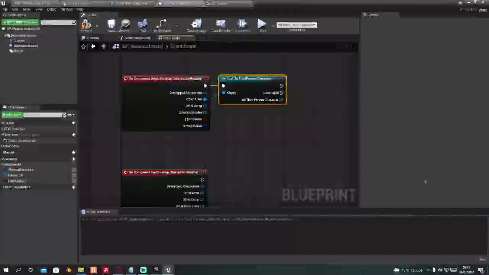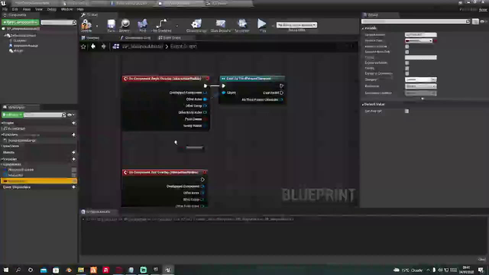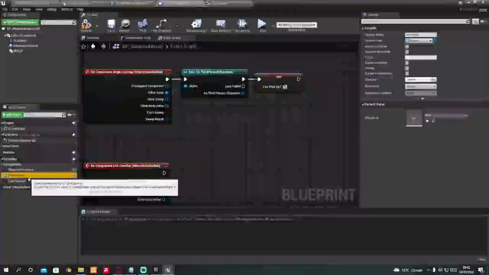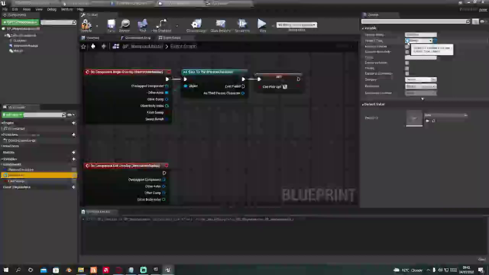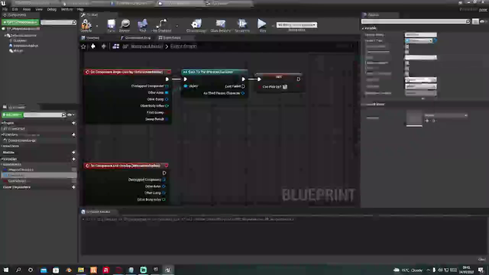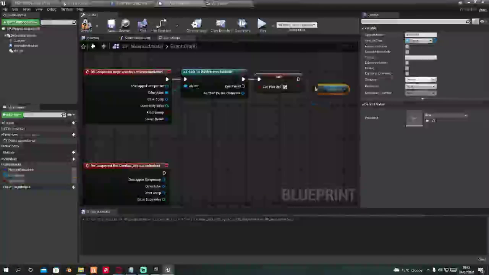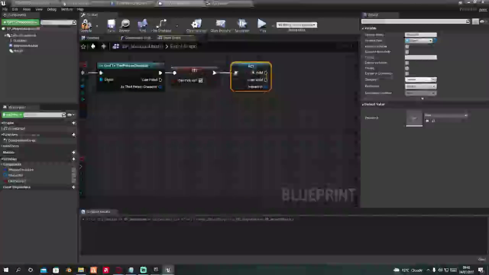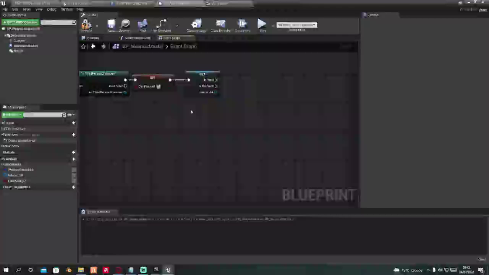So from here, what we want to do is make a Boolean, can pick up, which I already have here. You want to set that to true. You want to make another Boolean called interact UI. This is just a check of our interaction UI. It's an object reference of the interact UI. We just want to check if it's valid. So you right click, convert to validated get. We're not going to do anything off is valid just yet, but from is not valid, we want to